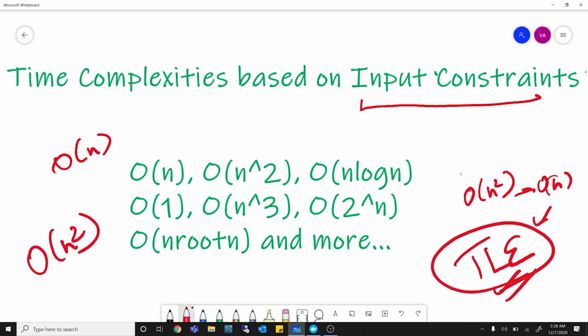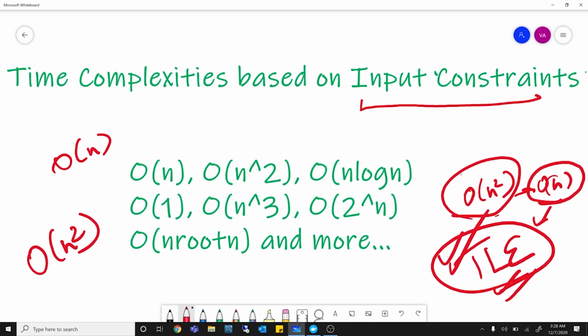Similarly, the other way around is also possible. As I discussed before, if a problem needs to be solved in O(n) and you've solved it in O(n) square, it will give you TLE. So these problems are quite common and waste a lot of time. But today we're going to learn a way around this problem. So I hope that you enjoy this video, and without further ado, let's start looking at solving this.